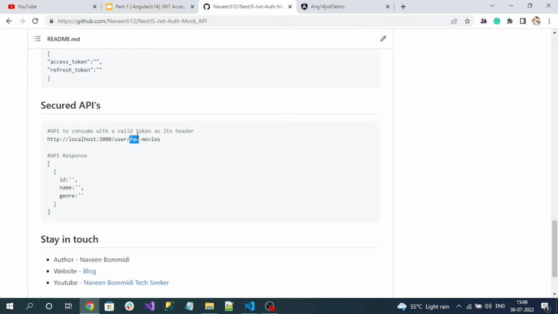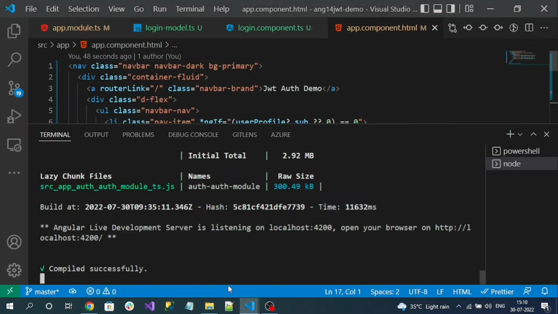to the API call. So first, let's create a small module like movies. Inside of it, we will create a component like favorite movie. So inside of that component, we are going to consume this endpoint. So let's create